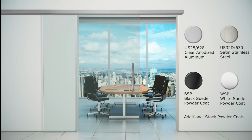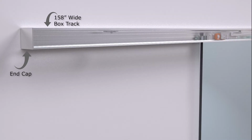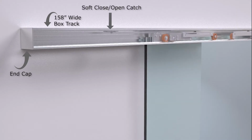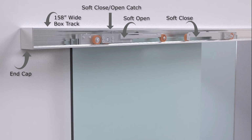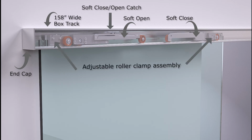powder coats are available. Parts include a 158-inch box track with end cap, a soft open and close device that gently closes the door, extending the life of the hardware and keeping noise to a minimum, and an adjustable roller clamp assembly that can accommodate plus or minus 1/8 inches ceiling to floor